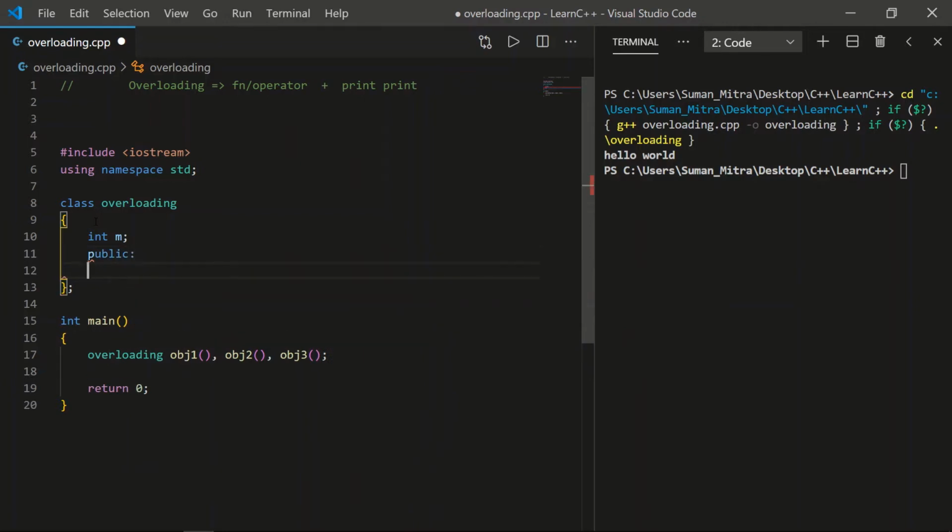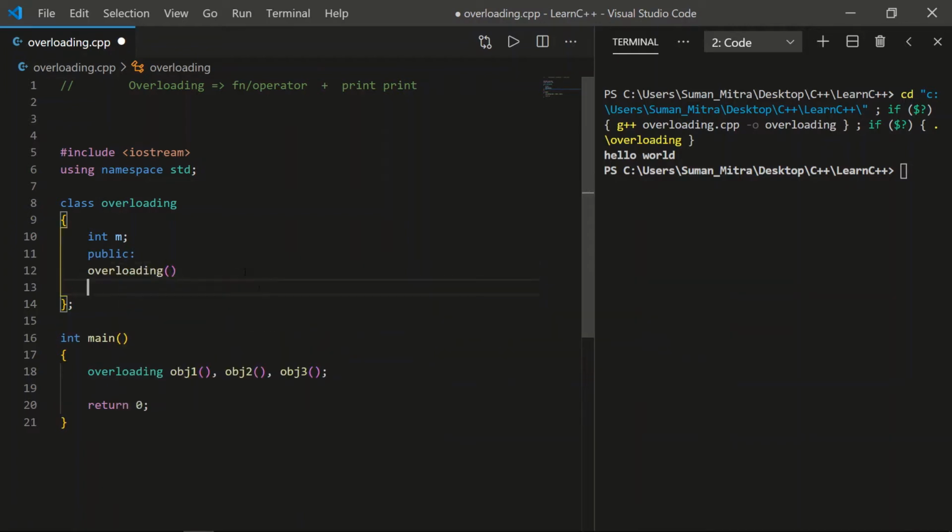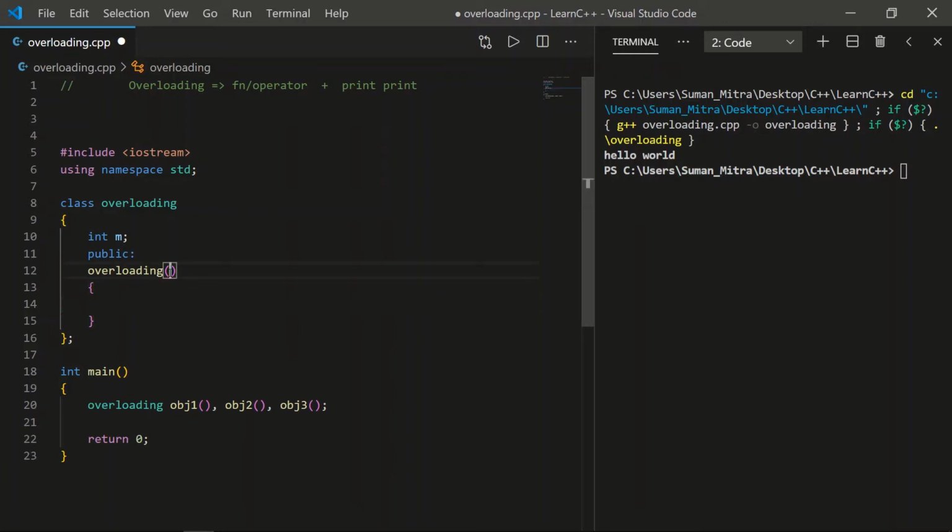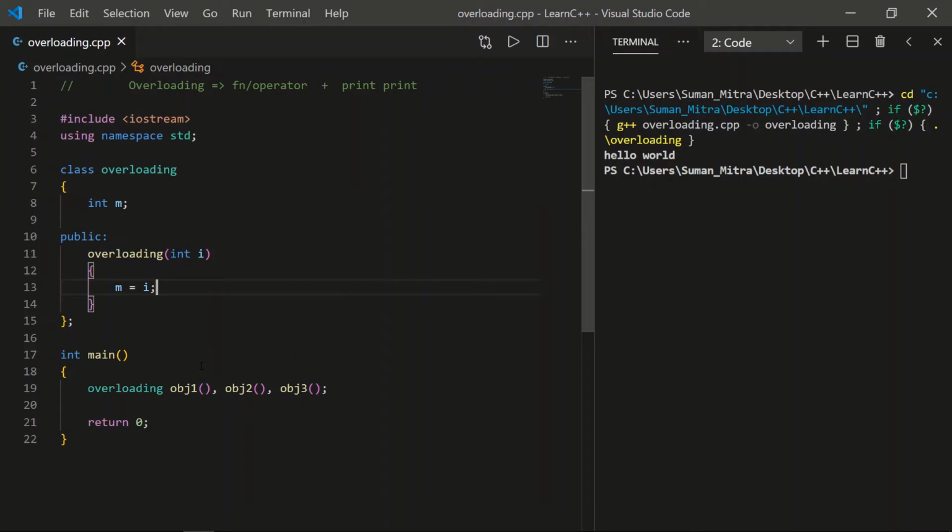We'll create a constructor for this class, overloading, and we'll pass a value here, int i, and whatever the value is, we assign m equals i. This is how we're assigning the value of m. So for the objects we'll pass the value 1 and the value 2.